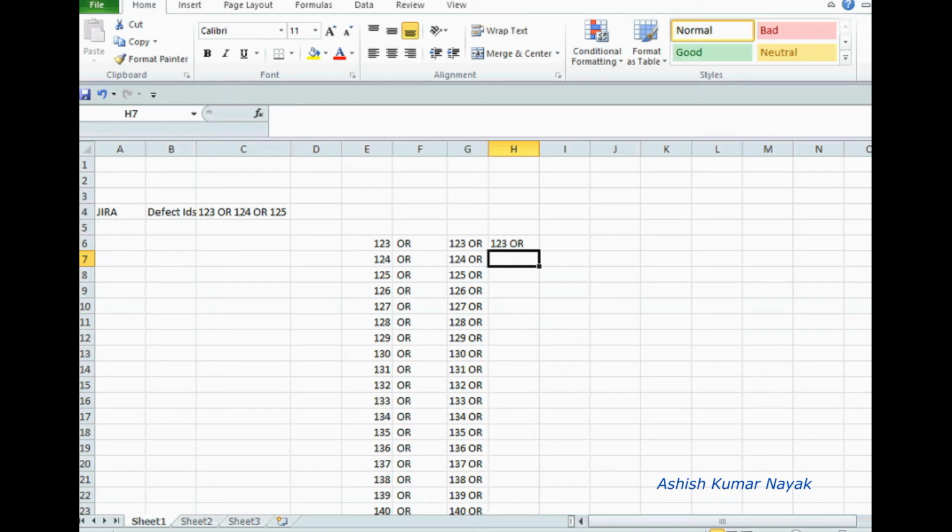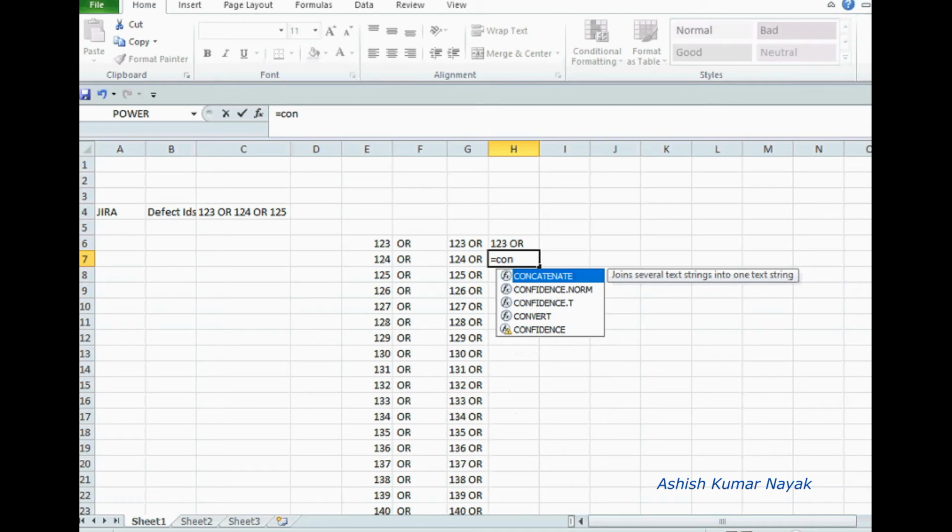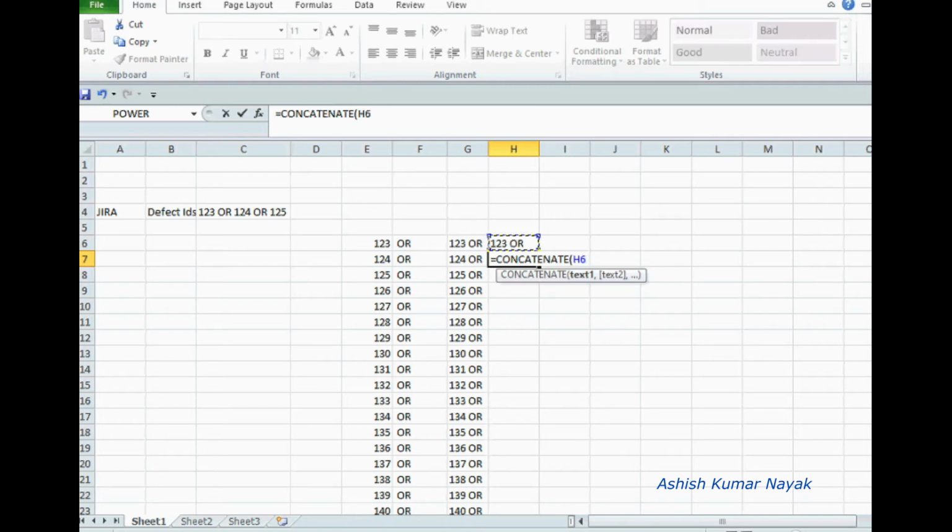In the next cell, column H and row 7, type is equal to, then concatenate, double click on this, select the cell value column H row 6, type a comma, then click on the cell column G row 7, close the braces, press enter.